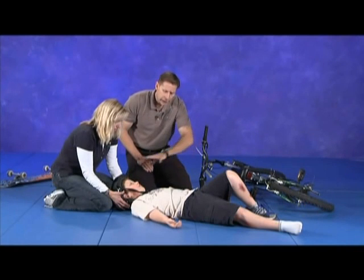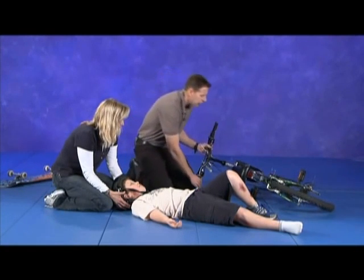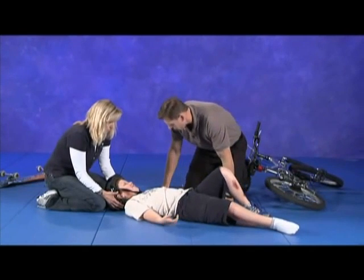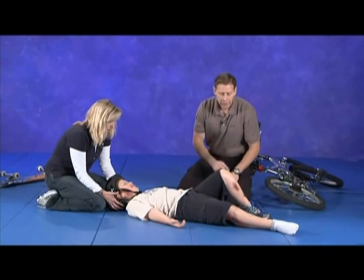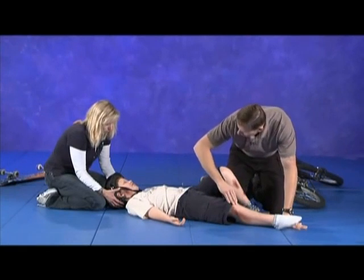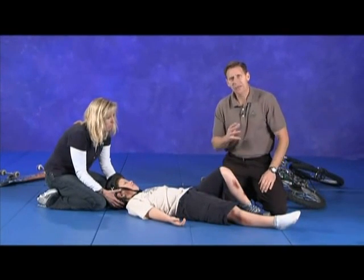911 has been called. There is no bleeding, and I'm going to ask Robert if he hurts anywhere. This is called the chief complaint. I'm going to go ahead and move this bicycle out of the way here. Robert, do you hurt anywhere? Yeah. Where do you hurt? On the big bruise down here. So what I'm going to do is go down there and address these bruises on this leg right here. You're talking about right here? Yes. So we want to address this leg first because that is his chief